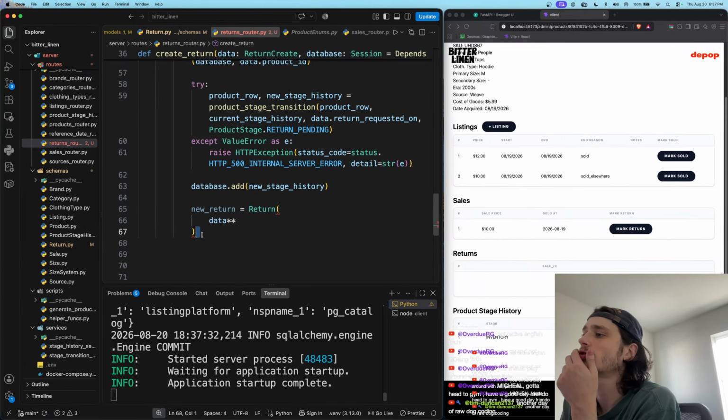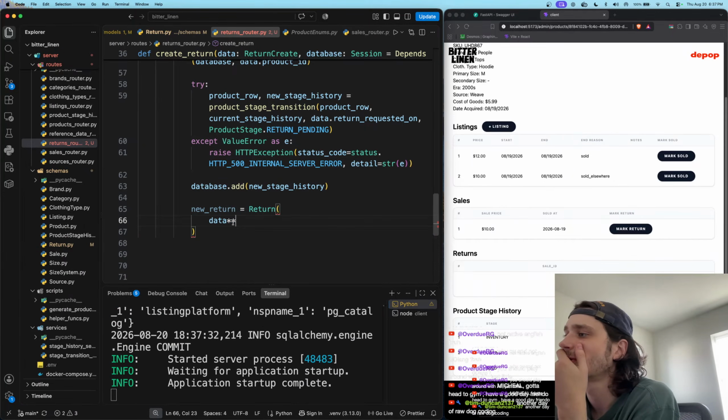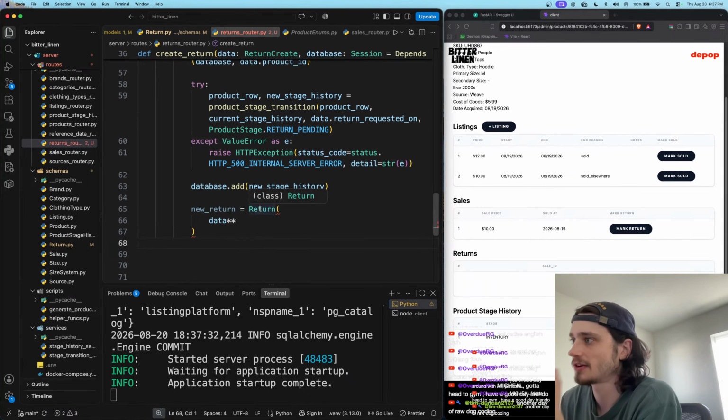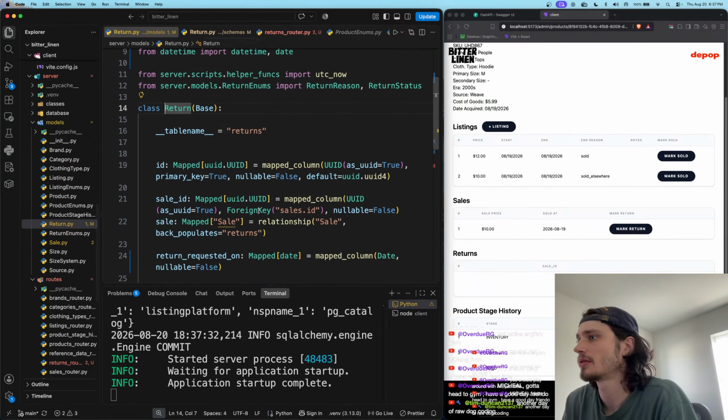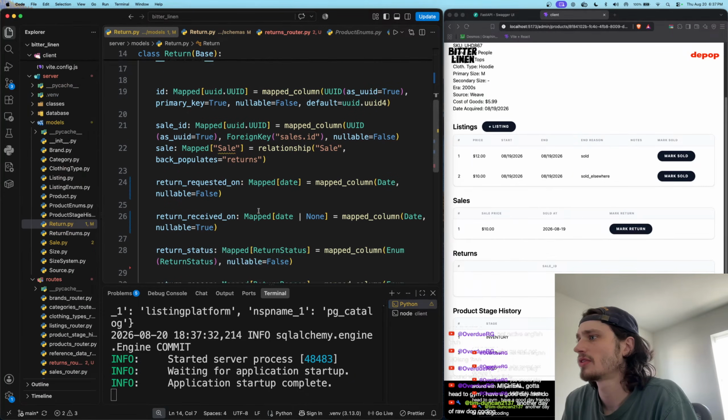We do this, except we probably delete out the product ID because return doesn't take that. Return takes sale ID requested or